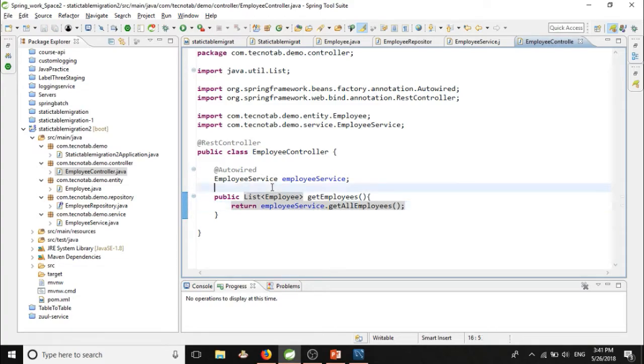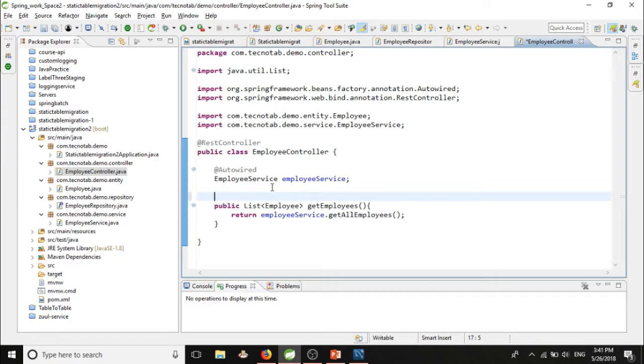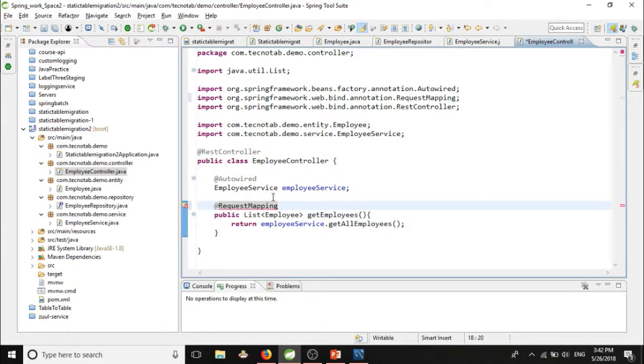But as this is a controller, we have to provide a mapping so that we can call it from our browser. So for that we need to give a request mapping, and let's say this request mapping is mapped to all employees. So when we pass all employees in our URL, it should give us the list of all the employees.